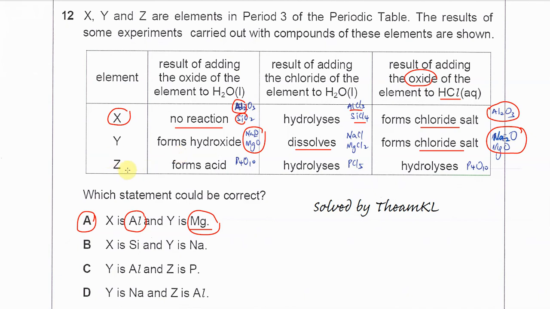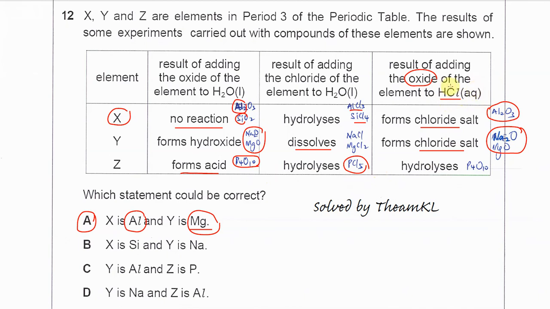Okay, let's check the Z. Oxide Z, when it's dissolved in water, forms acid. So we know that most likely it is the phosphorus oxide. And when we put this chloride Z in the water, it's hydrolyzed. Yeah, PCl5. We know that. PCl5 hydrolyzes. Okay, and the oxide, when it reacts with HCl,